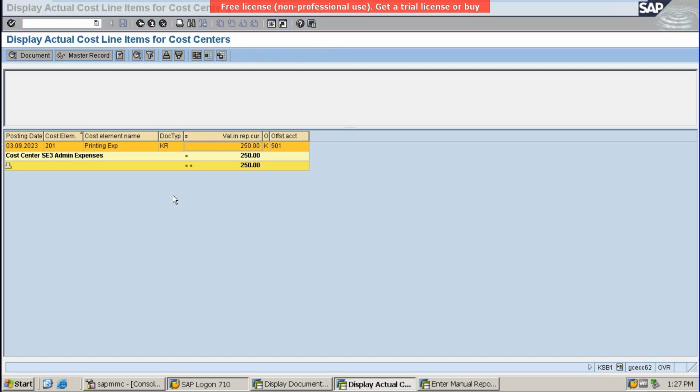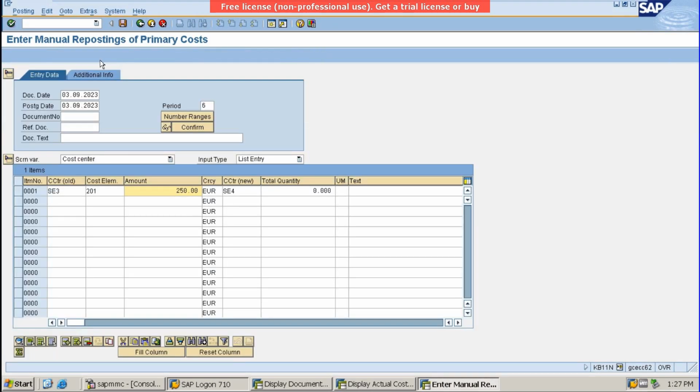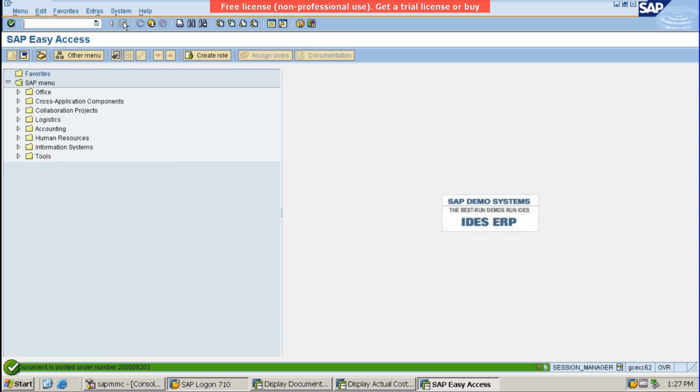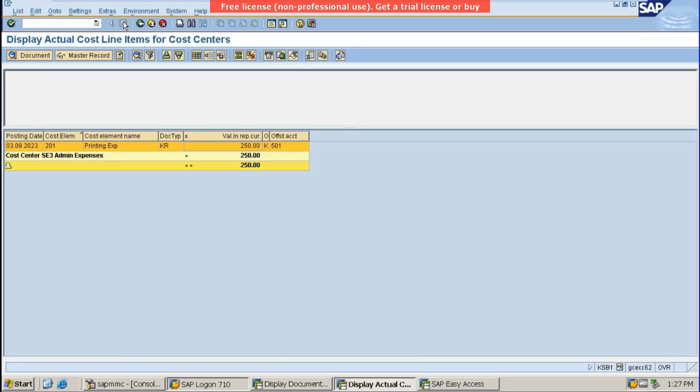So now, as per my expectation, I have given all the data. Now I will just post it. I will click on this save button. Document got posted. Very good. Okay. So what I'll do is I'll again